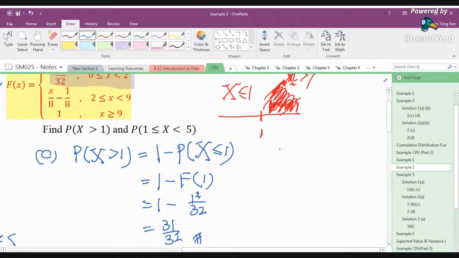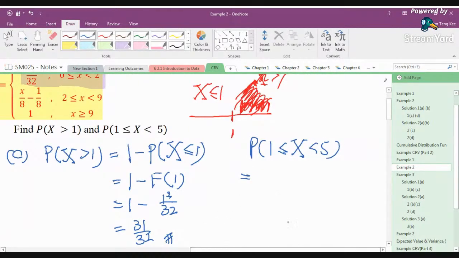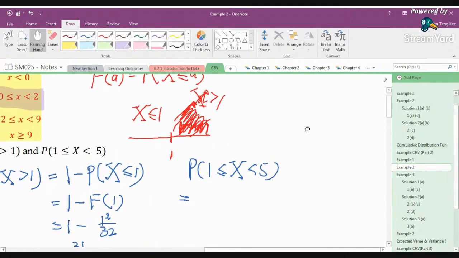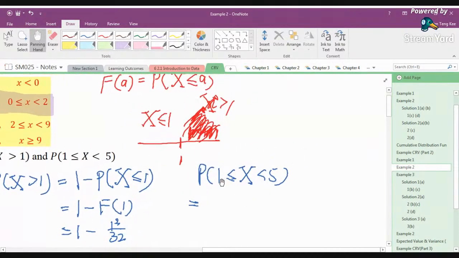Continue. For the next case, if I want 1 less than or equal to x less than 5, how do I calculate for this case here? So take notes, guys and girls. In the case that you have something like this, where it happens to be an interval, from a fixed value to another, then we can make use of the calculations such that, for example,